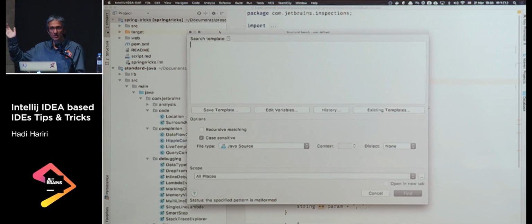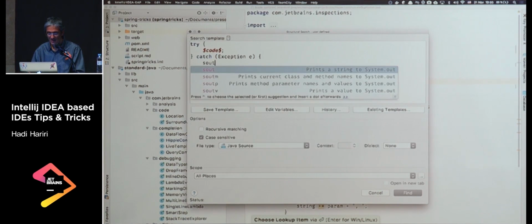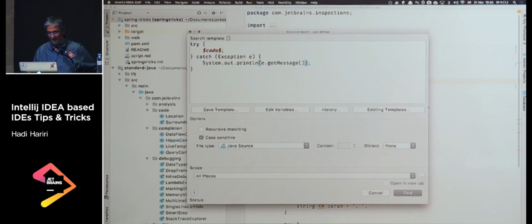How many of you have ever used this? Absolutely no one. It's been around for like a decade. So here, I'm going to write some code, right? So I write code, catch, exception, E, and then we'll do system out, E, get message. Okay? Now,